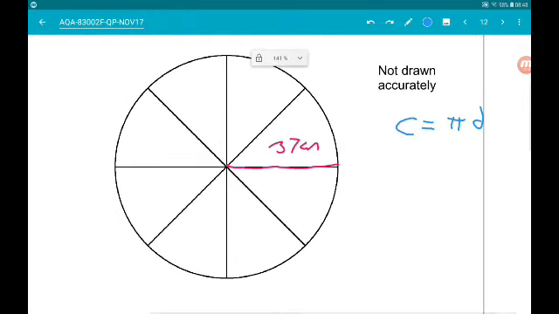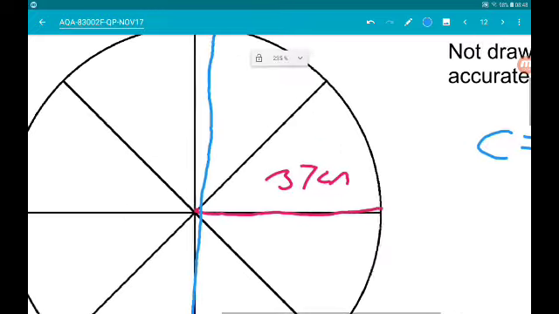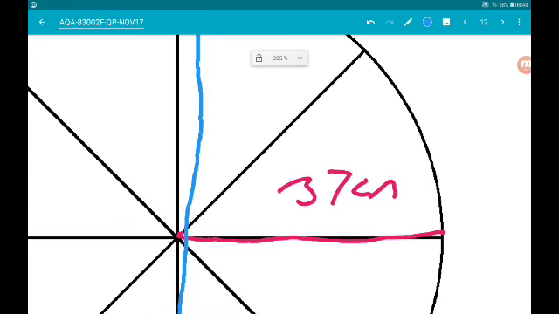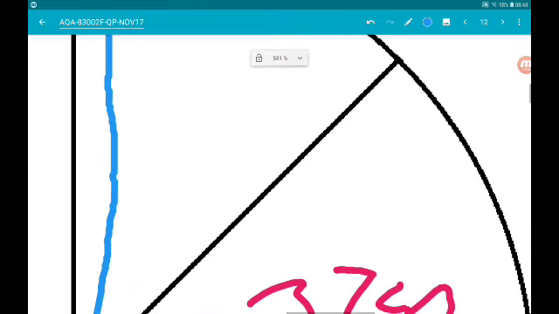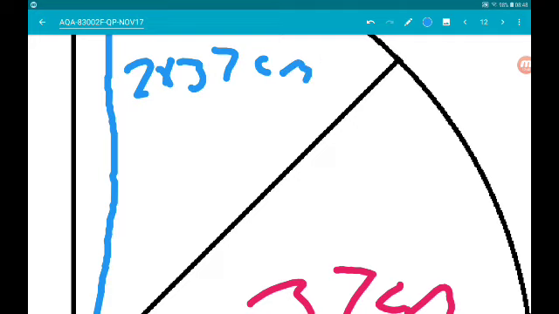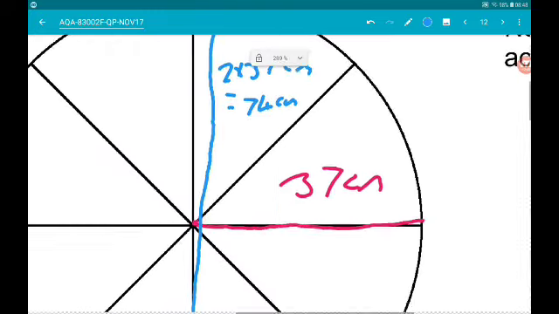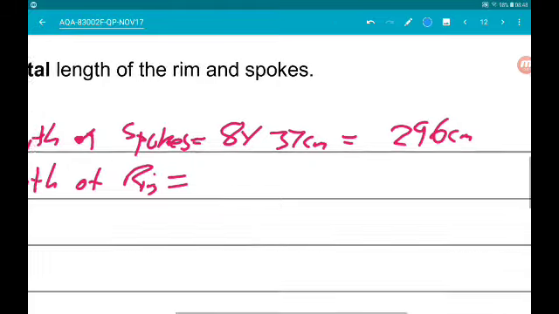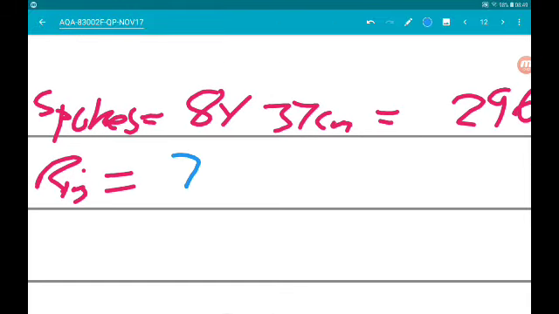Okay, let's try that again. So diameter. It's like that all the way through. So, we know the length of the diameter is twice the length of the spoke. So the diameter is 2 times 37, which is 74 centimeters. So the length of the rim is 74 pi